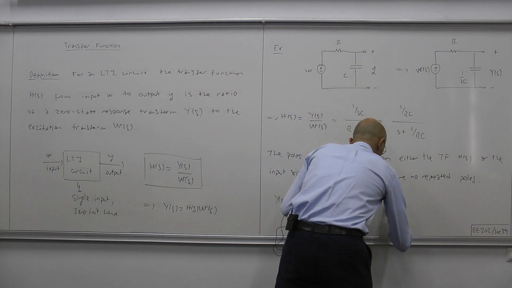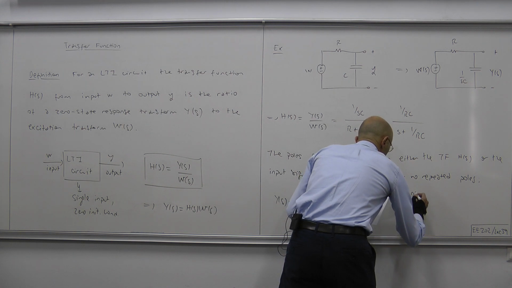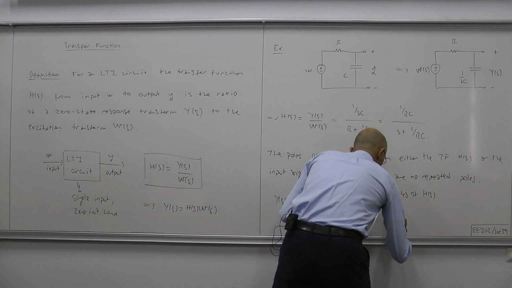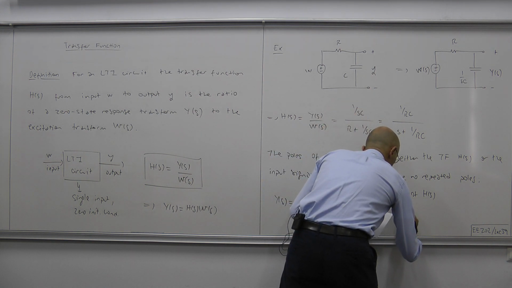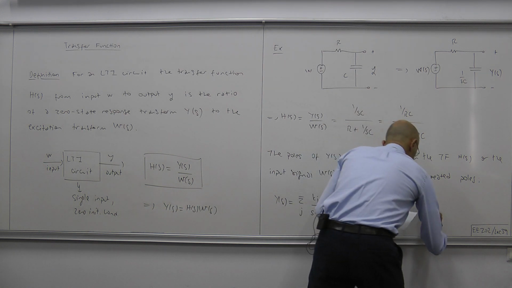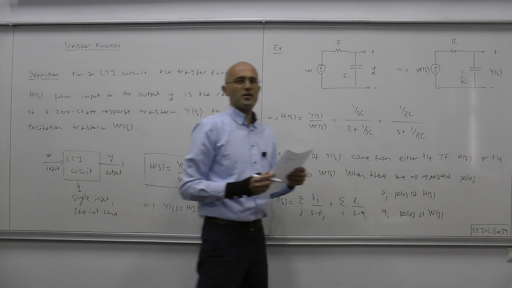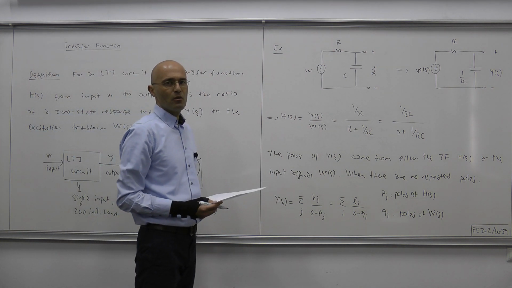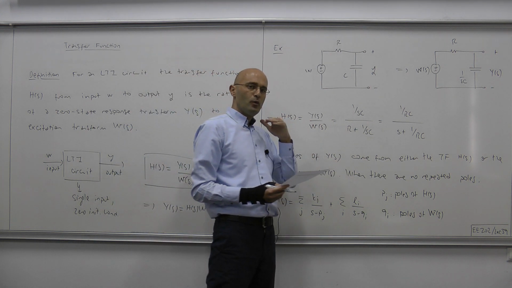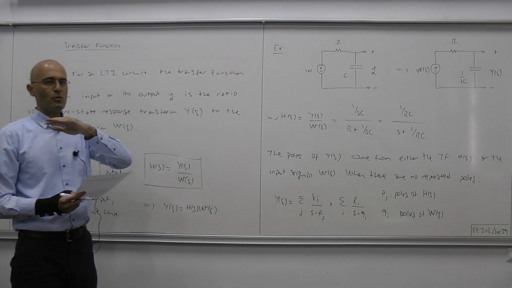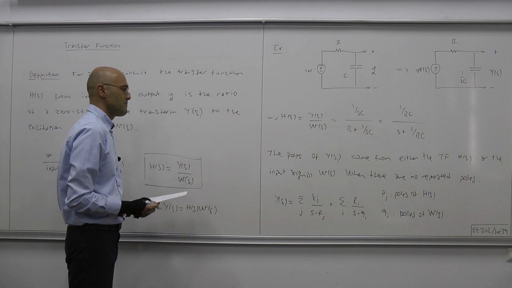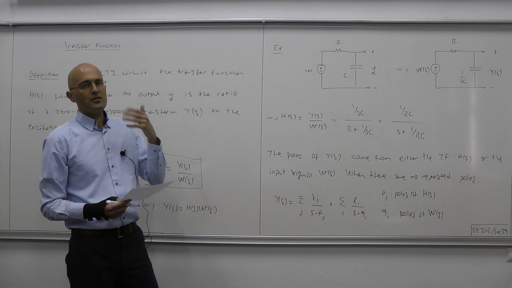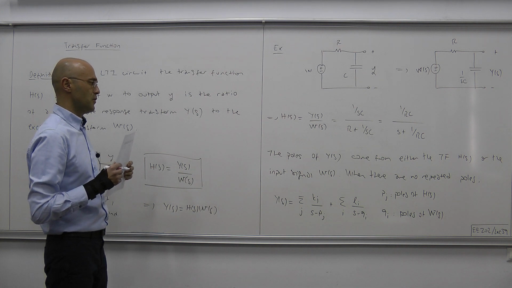Pj are the poles of the transfer function, and Qi are the poles of W of S. And remember what a pole was. Note that we're talking about rational functions, some polynomial of S dividing some other polynomial of S, and the poles by definition are the roots of the denominator polynomial, and the roots of the numerator polynomial we call the zeros of our